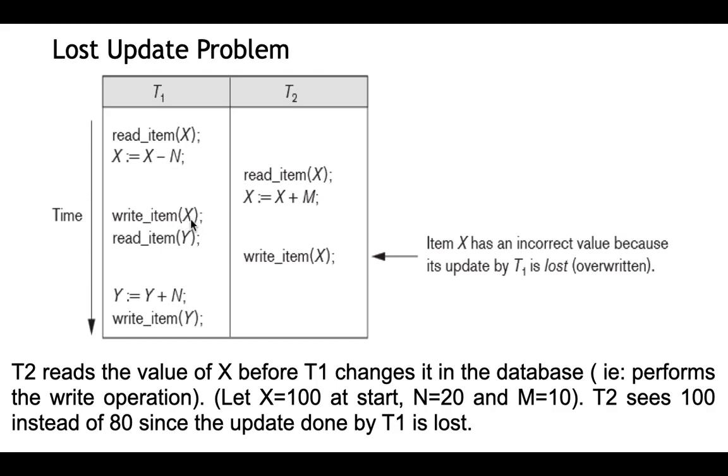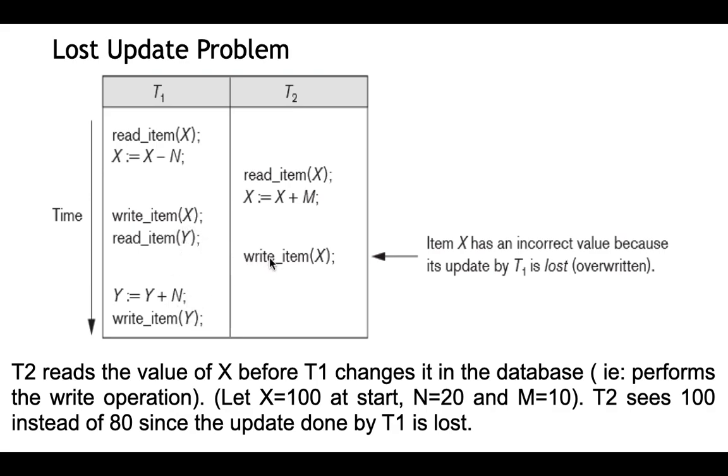But before this write item X occurs, we did this operation. So 10 is getting added to X and it becomes 110, and the value written to X is 110. So actually the effect of this operation is getting lost. As you can see, X becomes 110, then we read Y. Again, this is the order: this occurs first, this second, third, fourth, then fifth, sixth, this occurs seventh, 8, 9 and so on.